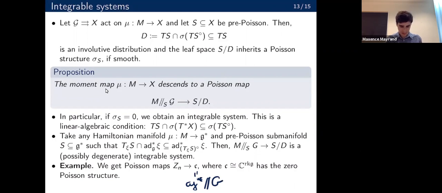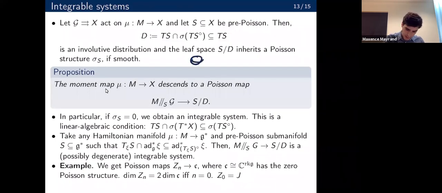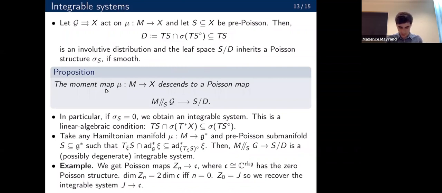So it's an integral system in this loose sense, but if you want a general integral system, in the sense that the dimension of the space is twice the dimension of the base, this happens if and only if n is 0. And in this case, n is 0 means we get the universal centralizer. That's, as I explained, the space associated with the sphere. And so we recover the well-known integral system on the universal centralizer J to C,